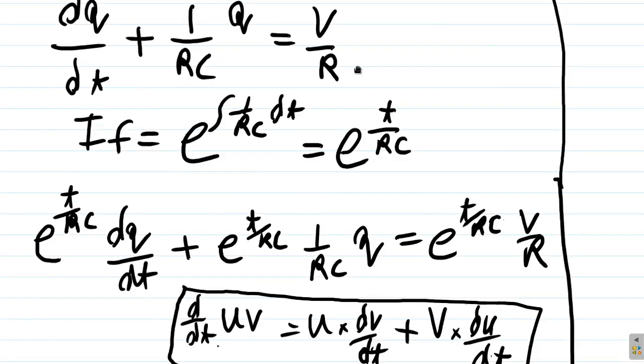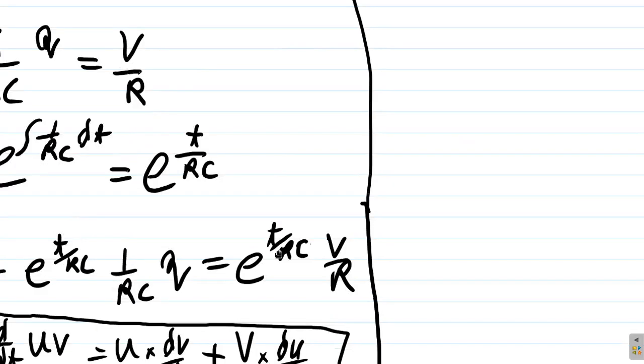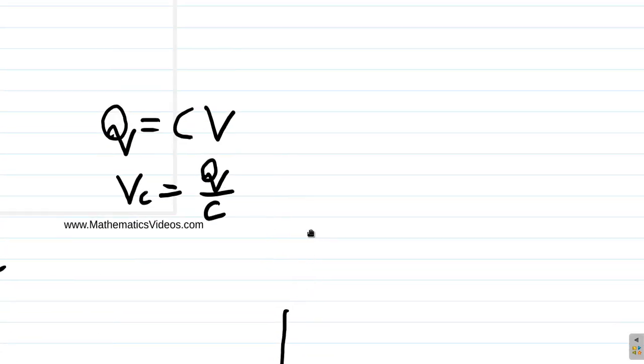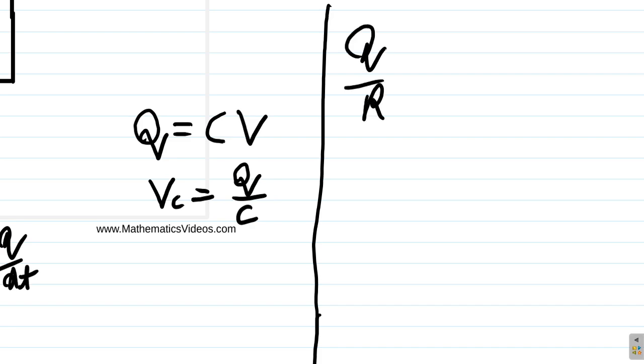Alright, so what do we have again? 1 over rc. This could be written as q over rc equals, so q over rc is equal to,